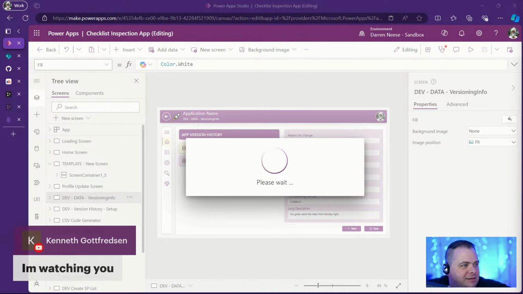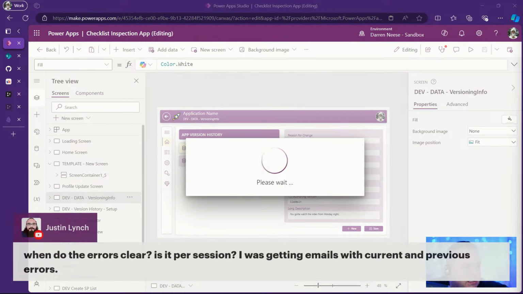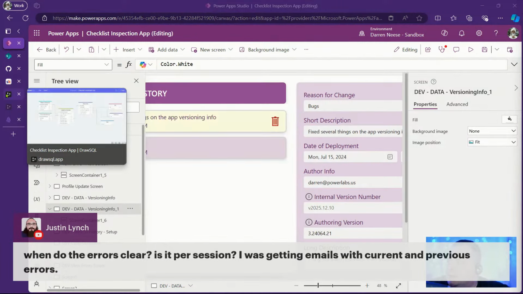Kenneth is watching me. When do the errors clear? Is it per session? I was getting emails with current and previous. Yeah, so if you look at the errors,